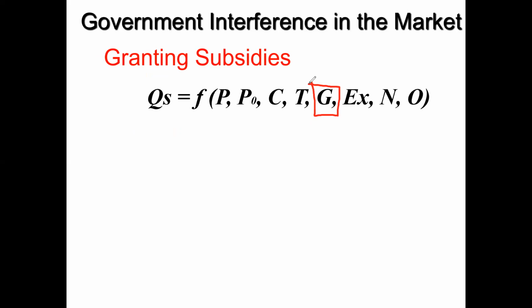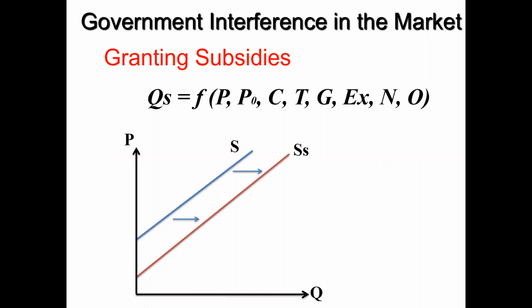When the subsidies are granted, there is an opposite impact than the tax. When the subsidies are granted, producers are motivated and they increase the production. So market supply increases, and the supply curve shifts to the right. When the supply curve shifts to the right, we have learned that market price comes down and the